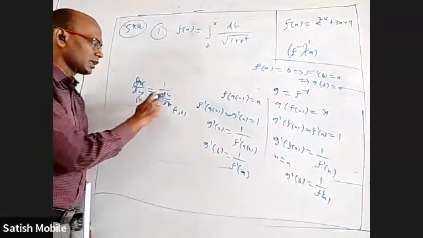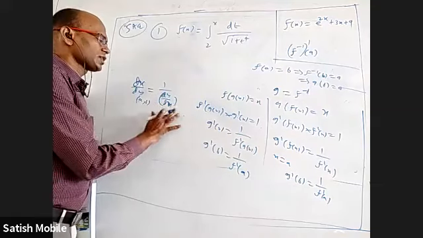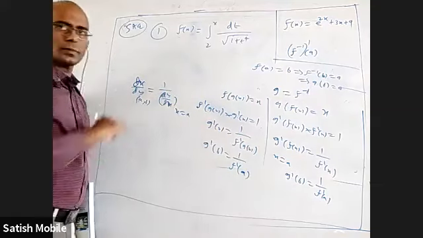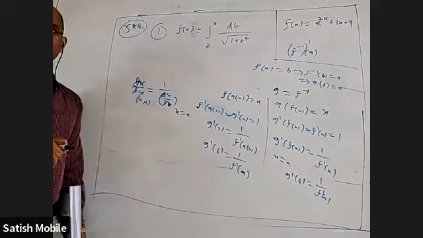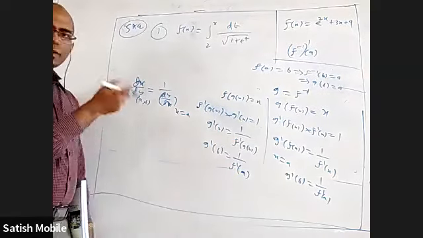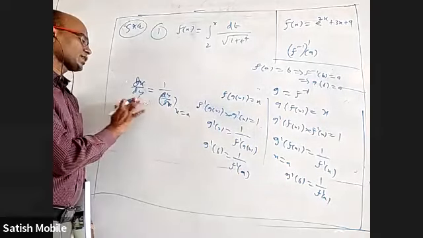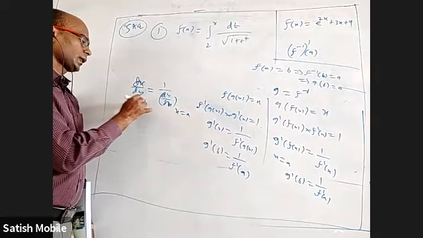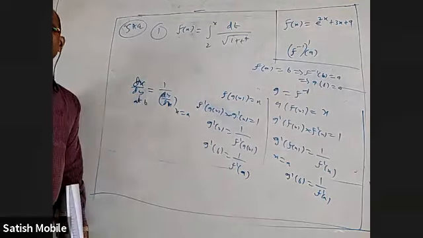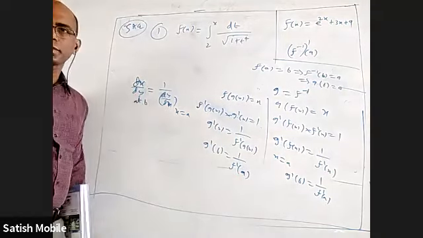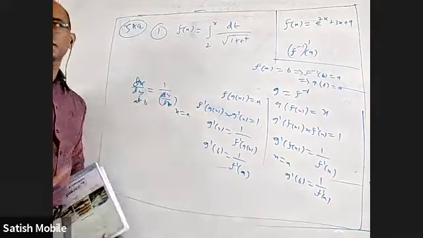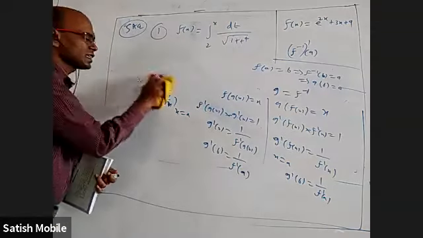But generally when you write dy by dx, we only mention that it is at x equal to a. It is also at y equal to b, but we generally write at x equal to a. Similarly, dx by dy will be in terms of b, and we have to mention it is at b. That is the same as this. dx by dy at b is the reciprocal of dy by dx at a. But this is the x value and this is the y value. That's all. We have also seen this from the graph.